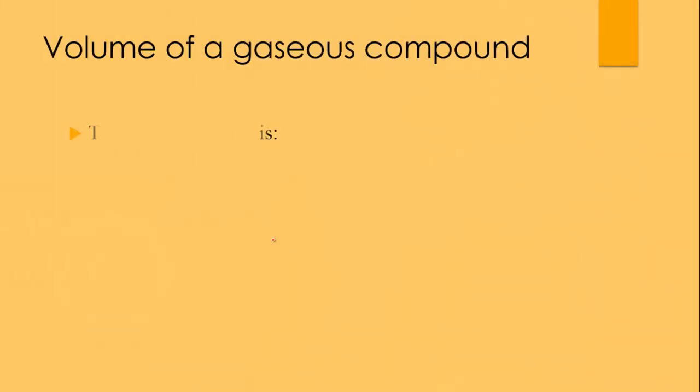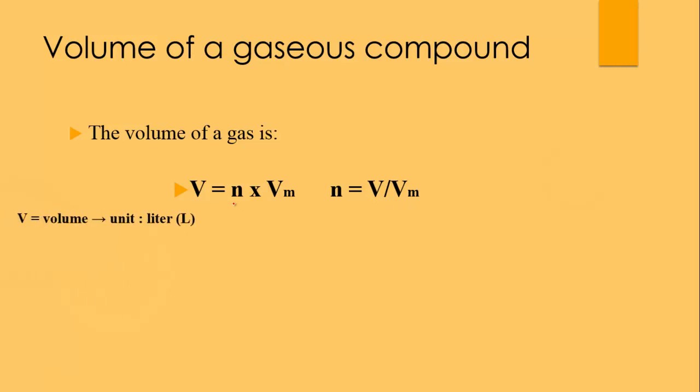To calculate the volume of a gaseous compound, we can follow the mathematical relation V equal n times Vm. Or we can rearrange the relation into n equal V over Vm. We can use one of these relations. The original relation is n equal V over Vm. By arrangement, we can obtain V equal n times Vm. This relation is only for gaseous compounds,